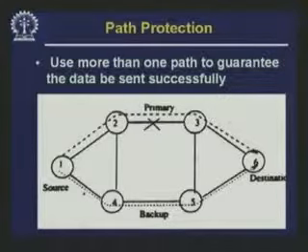So, we will channel our communication through the backup link, and please note that this backup or secondary path from the source to the destination is link disjoint. That means that it does not share any link with the primary path. So, that is a requirement, so that if any link in the primary path fails, assuming only one failure, the backup link is all intact, and you can switch to the backup path for this particular communication.